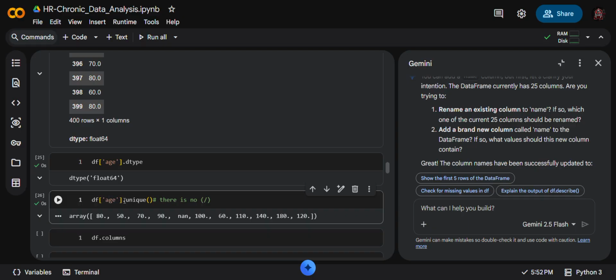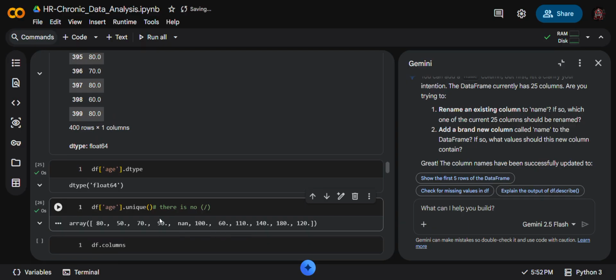So for unique, dot unique, you can simply remember this as step 3, and whenever you use any command, you check after every command: you can put the type, unique and columns.